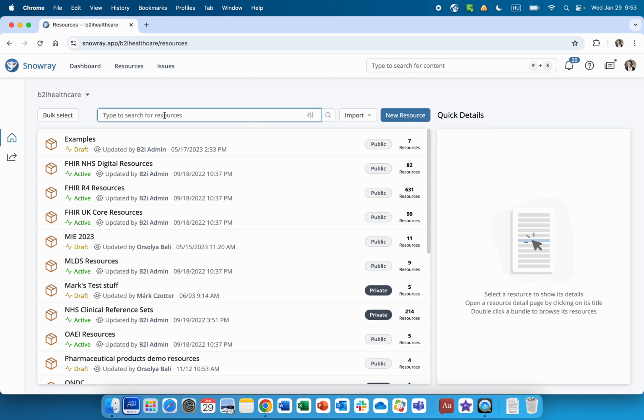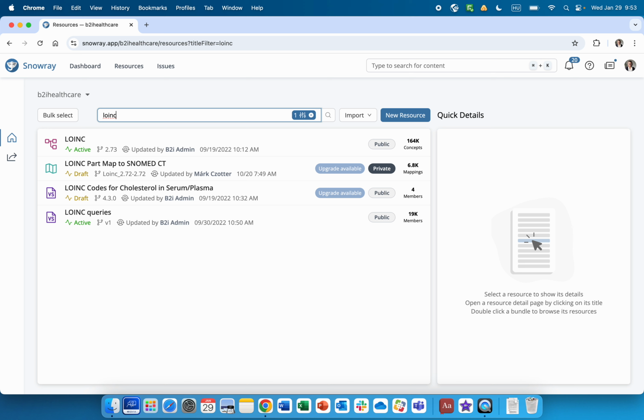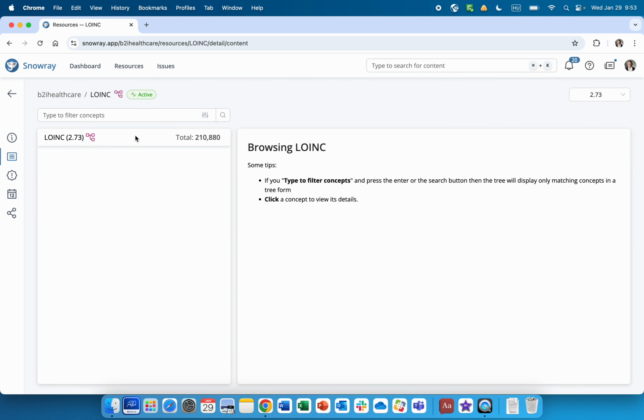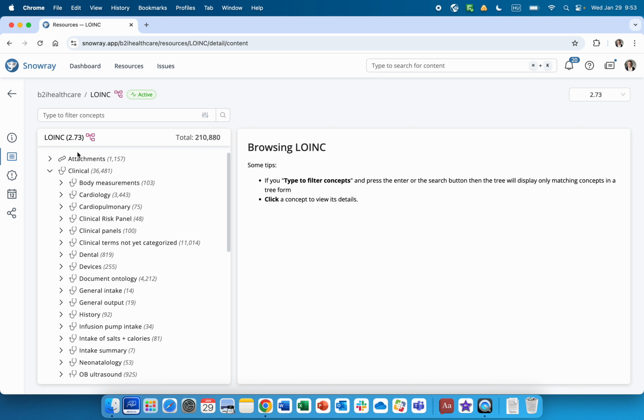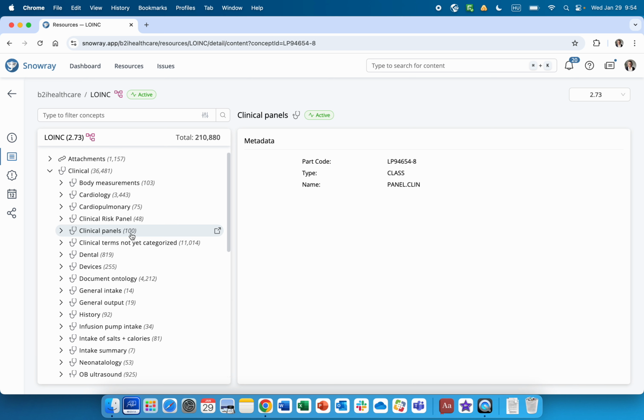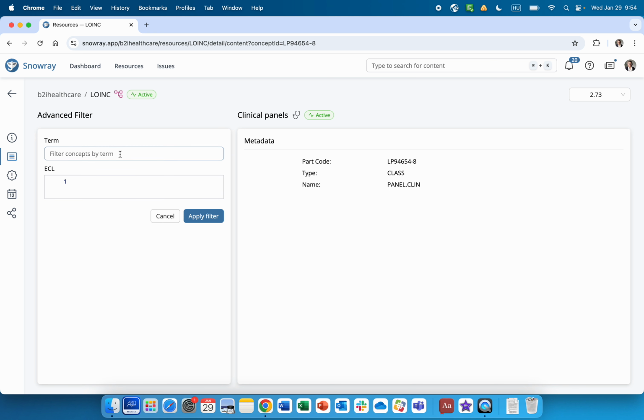The third international standard that I wanted to cover was LOINC. So similarly to other terminology standards, you can access LOINC and browse it in a hierarchical manner, where the browser part is on the left-hand side, and on the right-hand side you can observe the details of the different LOINC parts or the different LOINC codes. Searching, again, is based on the term, which also accepts the code, or you can filter by